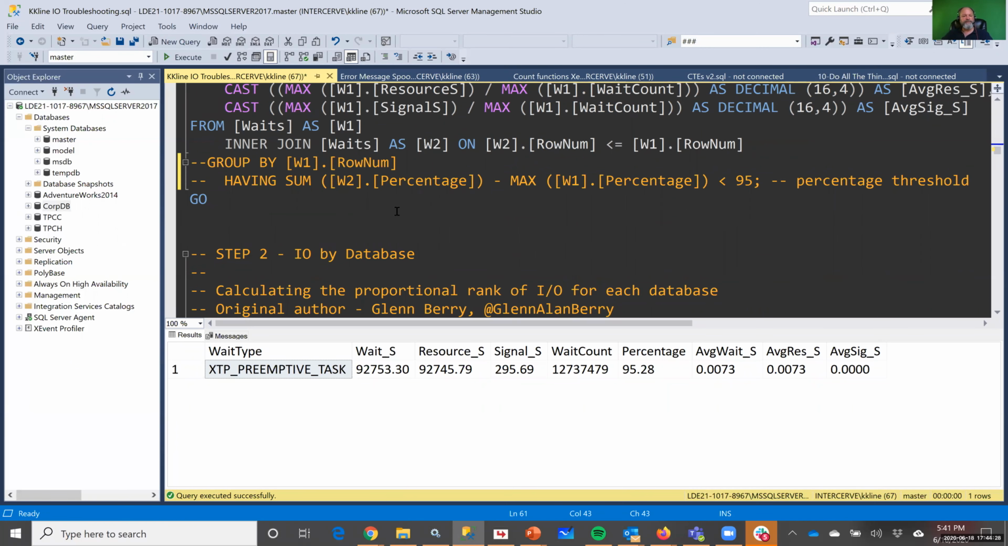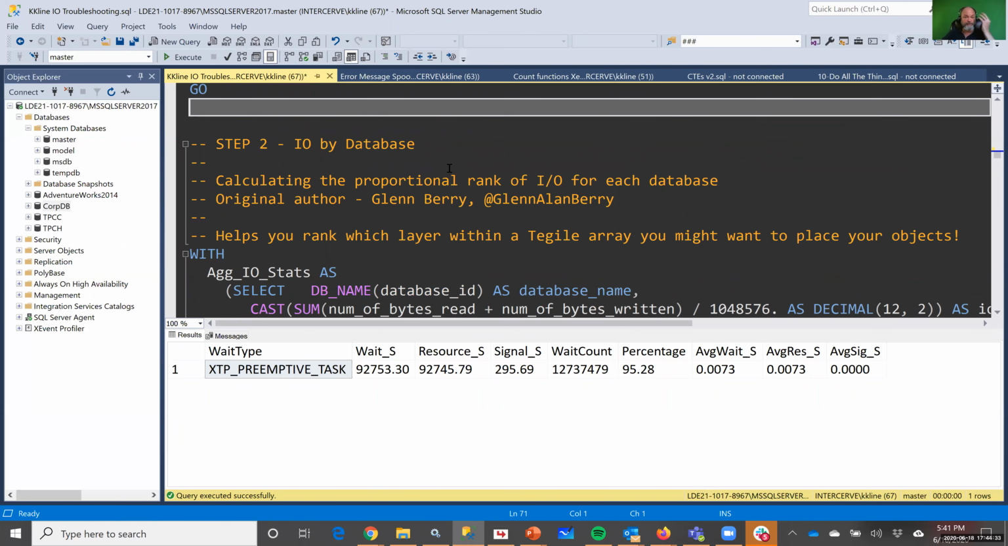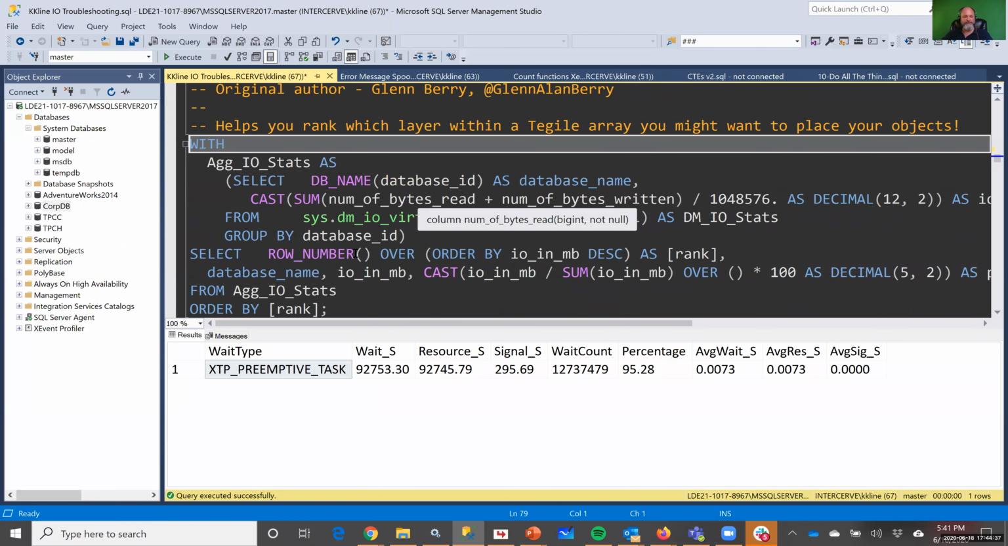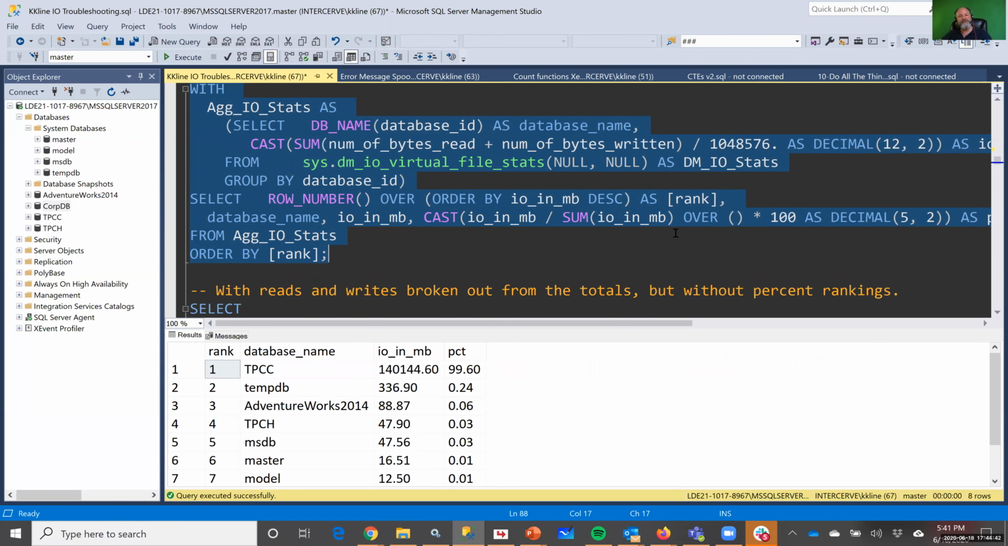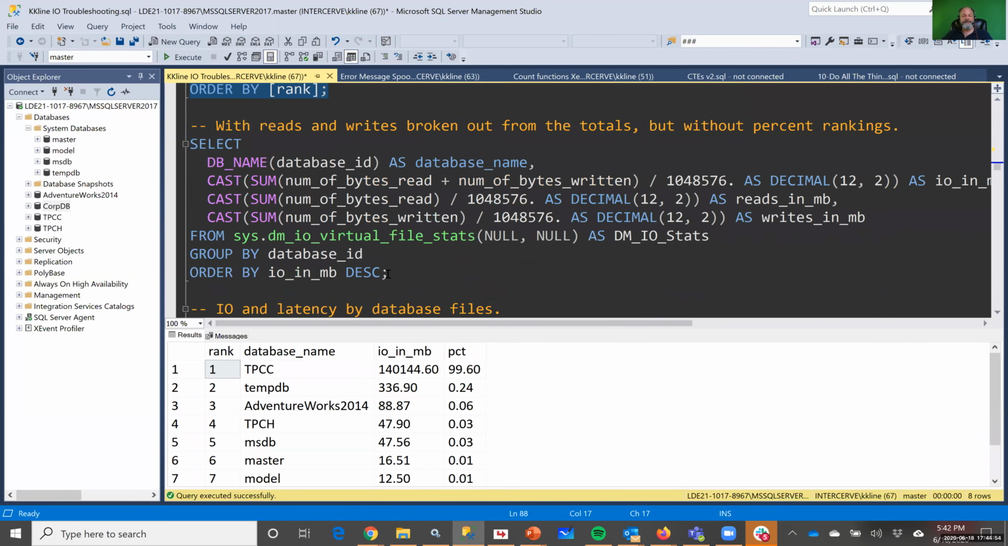So here are some different DMVs that you could use. For example, if you know you have IO problems, you might first want to see which of your SQL Server databases is causing the most IO. And then you could drill down into it deeper and deeper. Like once we discover that it's this TPCC database, then we want to go into that specific database and maybe get more information about that particular database's IO. And so we can use